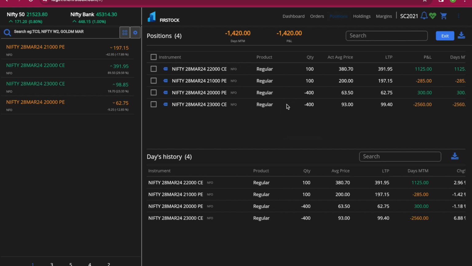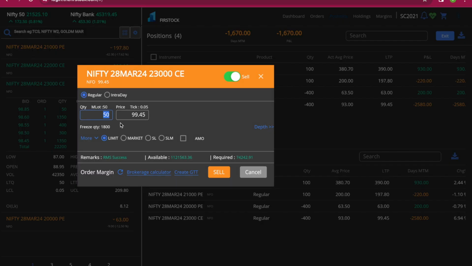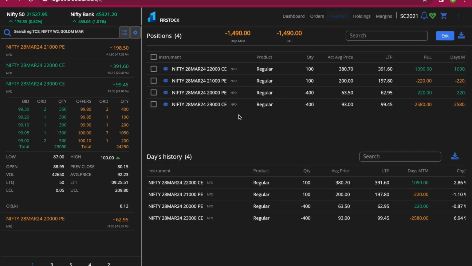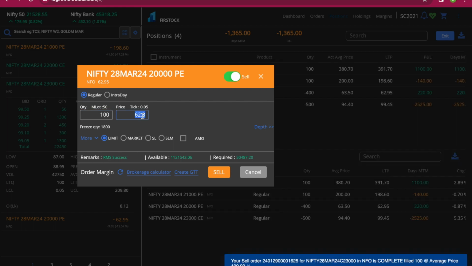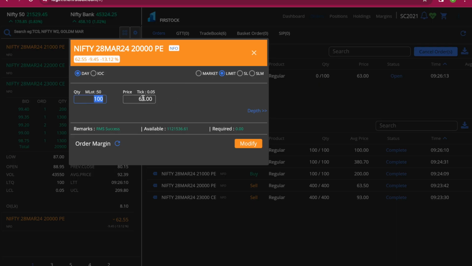What we can do, we can actually increase this. We did not get proper liquidity over here. Let's go with 100 lots. Let's go with 100. We can sell this. CE suddenly rose up after we did the selling for this part. That's why we can add 100 lots. And here we can go with 63. Okay, we can sell this and sell this at